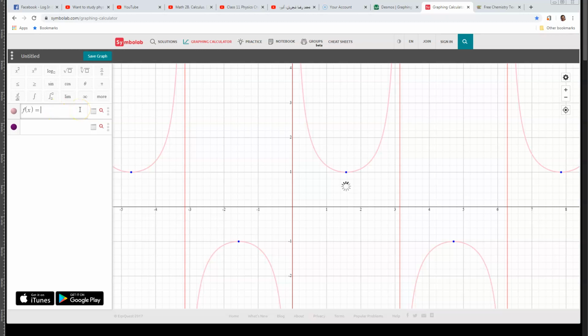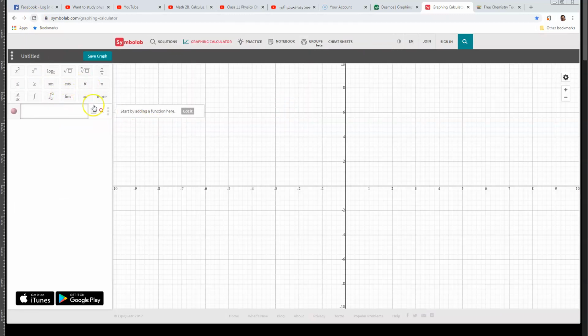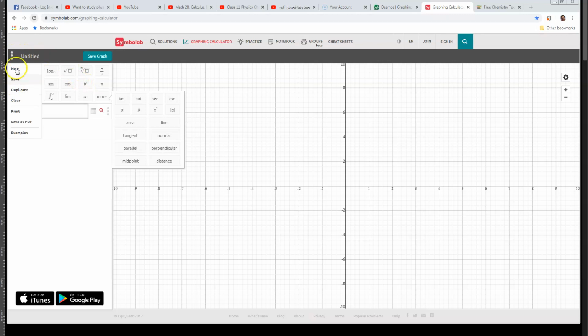Arc sine inside arc sine of x. It doesn't work that way. I reload it. Distance, midpoint, parallel, perpendicular, tangent. Oh, how do you get more? How do you get more here? I don't know how this calculator works, but